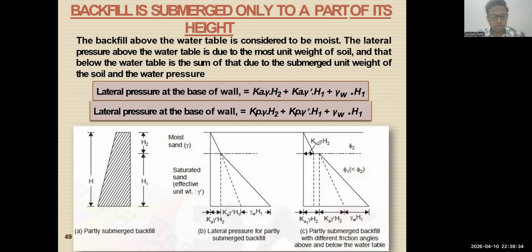Good morning, all. We have started with the lecture series on earth pressure. Initially, we started with the retaining wall and its types. After that, we started with the earth pressure theories, in which we have seen active earth pressure and passive